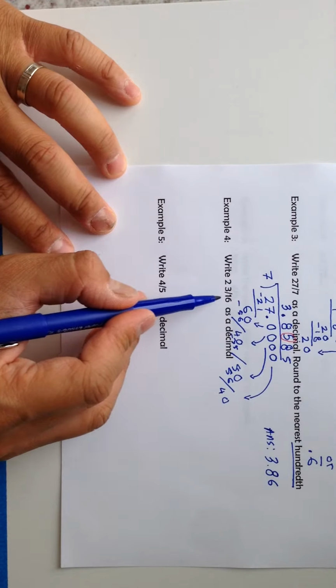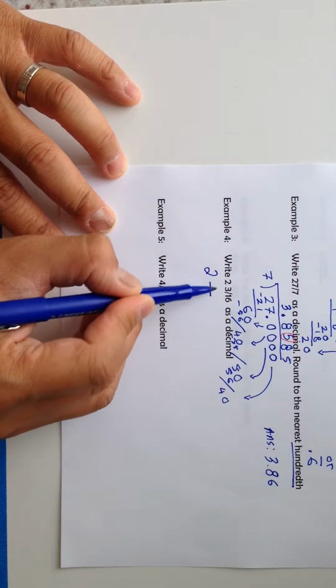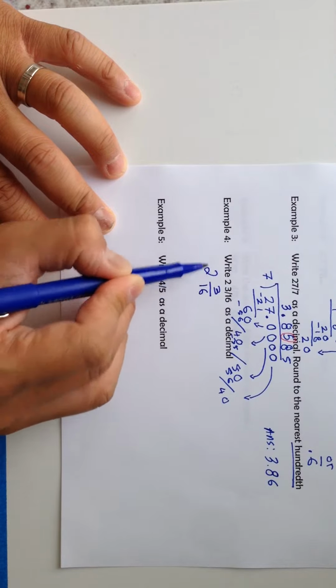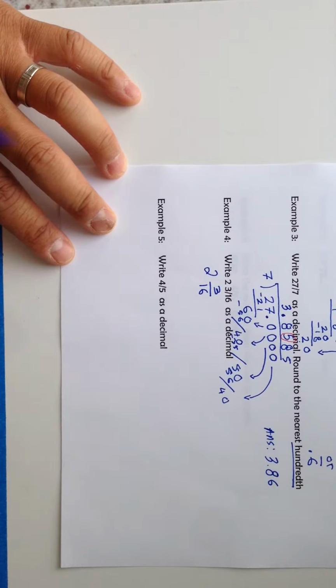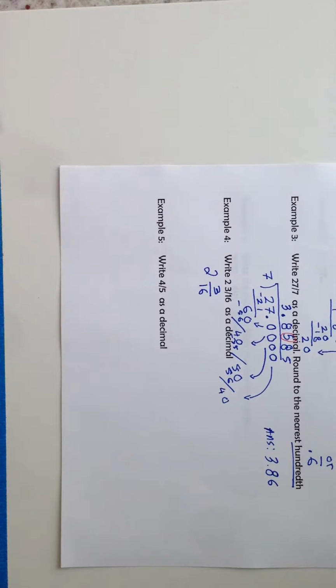This is a mixed number, 2 and 3 over 16. Write this mixed number as a decimal. The only part that you have to worry